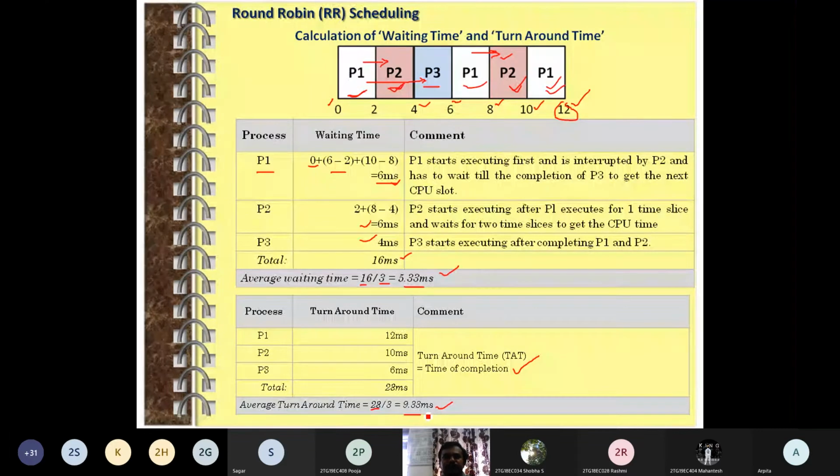This one is round robin scheduling. If any new process arrives while executing these, it is kept in the queue. When its turn comes, it is executed for a given predefined time slice. After that, if pending work is still there, it is kept in the queue at the end. So a complete loop will be there. They are kept and executed in a round, circular fashion.